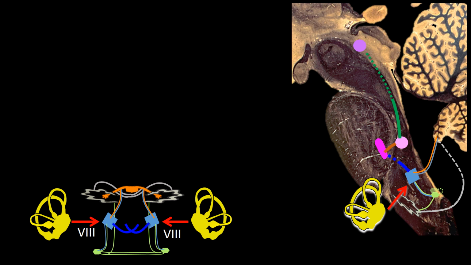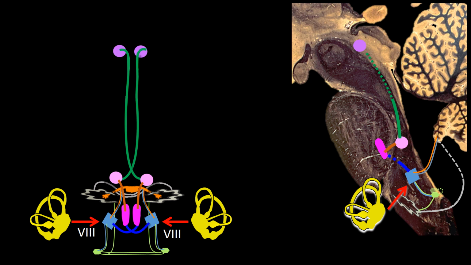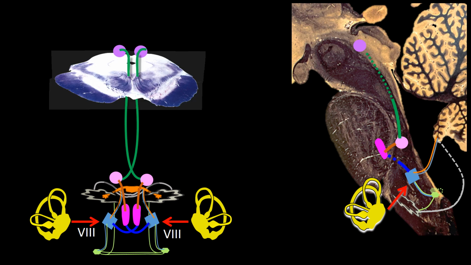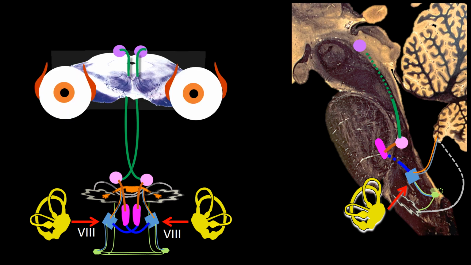The crossing fibers from the vestibular nuclei to the paramedian pontine reticular formation, the PPRF connections with the ipsilateral cranial nerve 6 nucleus, the crossing medial longitudinal fascicle fibers, and the medial rectus subnucleus of the nucleus of the third cranial nerve. I have now added a histological specimen of the upper midbrain and represented the eyes with their respective